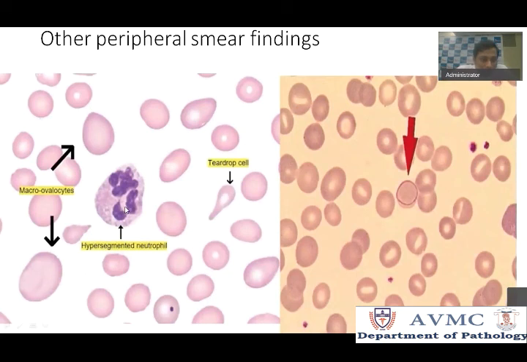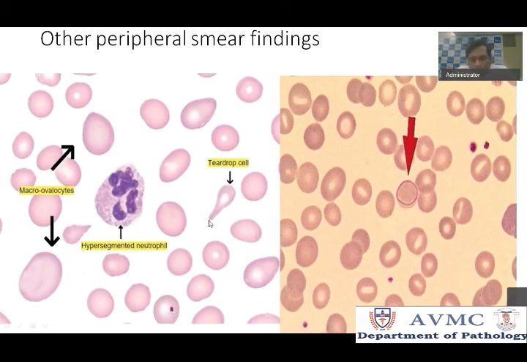So see again the hypersegmented neutrophils, and these are Howell-Jolly bodies. Howell-Jolly bodies are nothing but nuclear remnants. The nuclear maturation doesn't happen well in B12 deficiency anemia because B12 is needed for nuclear maturation. In case of its deficiency, nuclear maturation will not happen properly, so you find some nuclear remnants in the RBCs. I told you, as the RBC matures, all the nucleus should vanish. But here you find some remnants of nucleus, and these are called Howell-Jolly bodies.